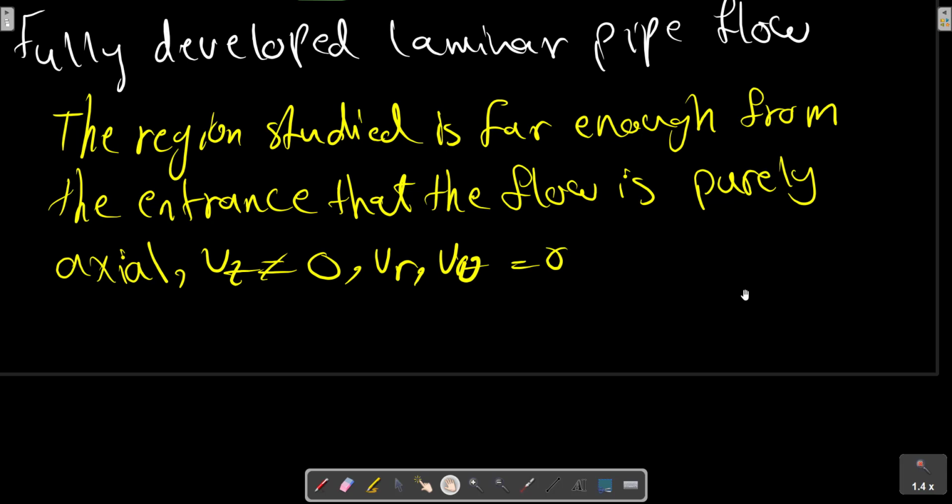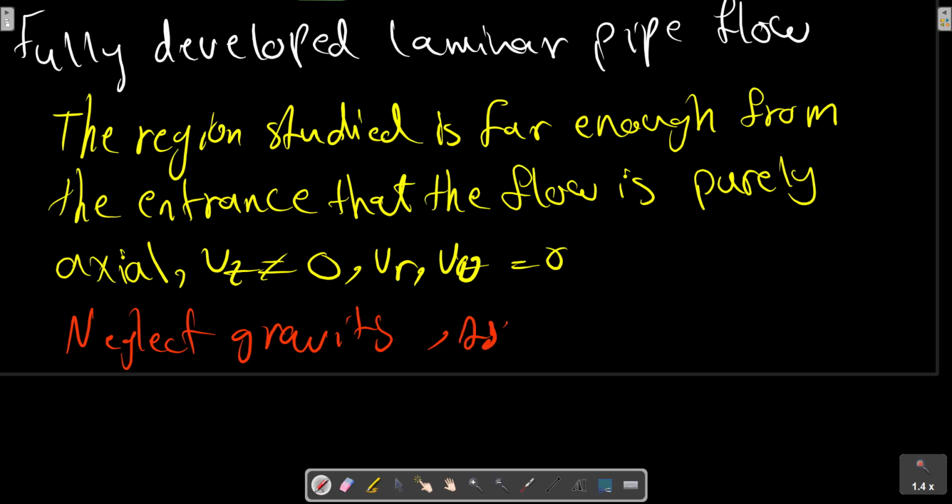We neglect gravity and also assume axial symmetry. So neglect gravity and assume axial symmetry. That is